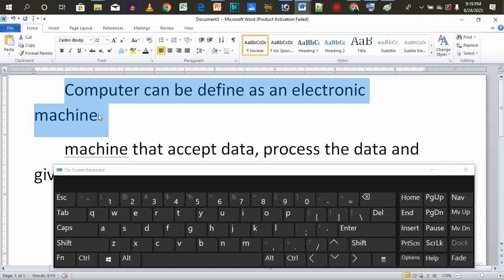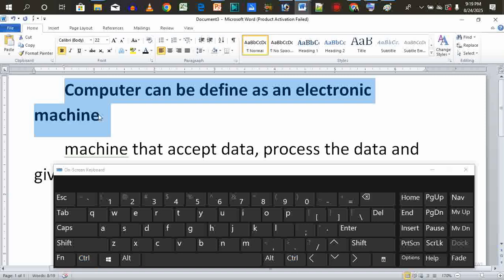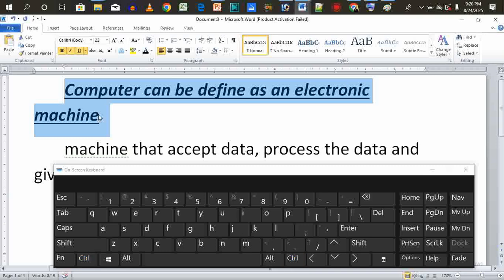If I want to bold it, Ctrl B. If I want to italicize, to take it to italic form, Ctrl I. I will press down the Ctrl, I will press I. You can see everything looks slanted. Or if I want to underline it, I will press down the Ctrl and press U, it underlines. Which means we use the Control key alongside other keys to do special functions like text formatting,